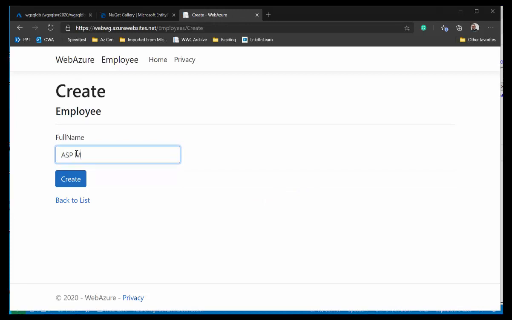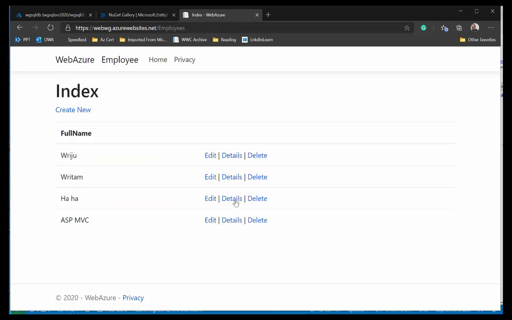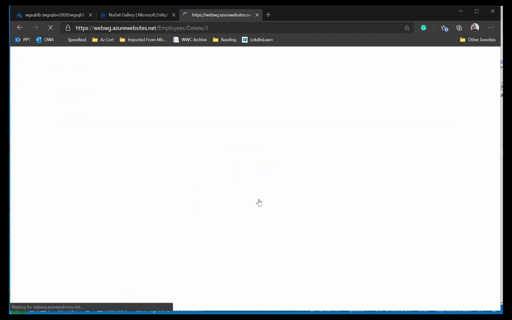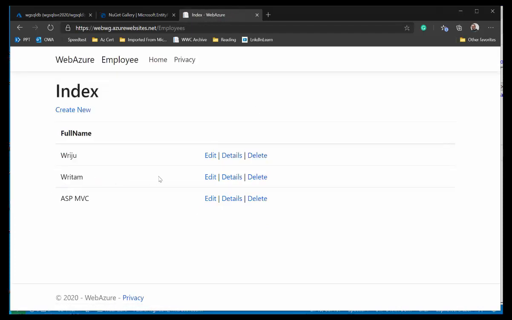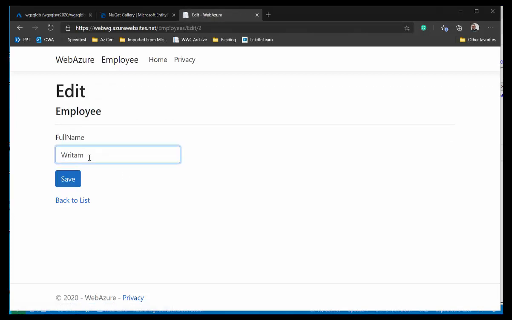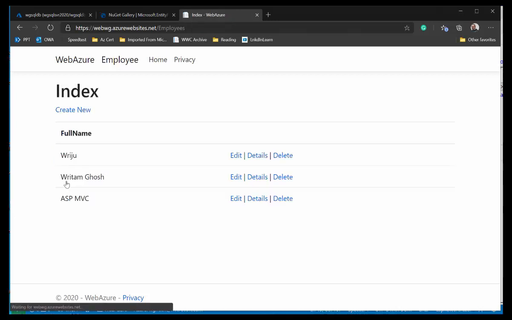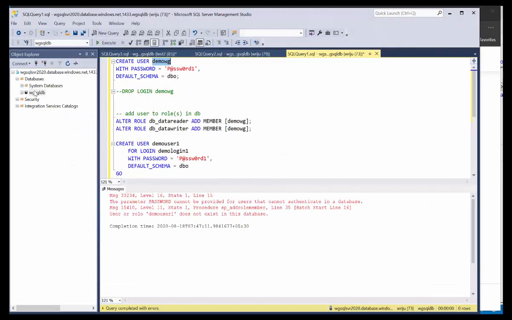Now I can say test ASP MVC, and then if I just hit create, and this should add here, I can delete the one which is not relevant anymore. I can even edit a record, give a full name. So I can do all sort of stuff which is completely live. Just to show you that, you can just say